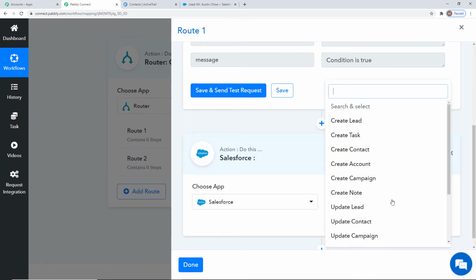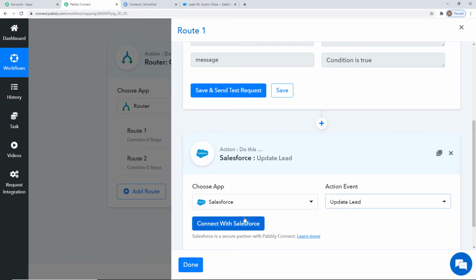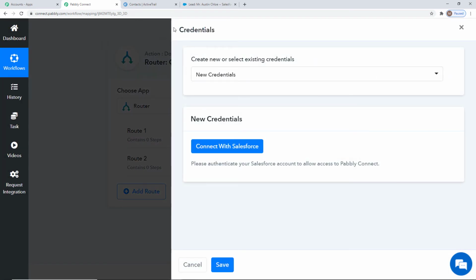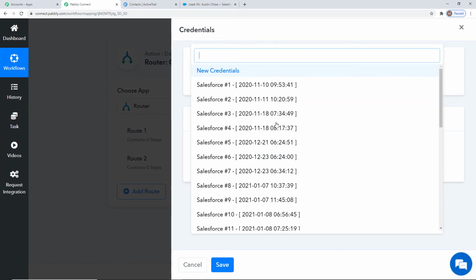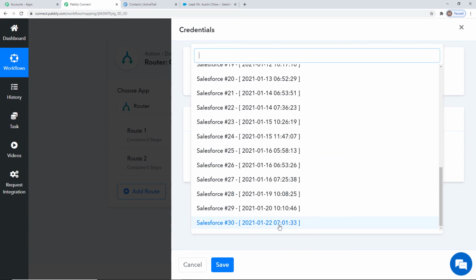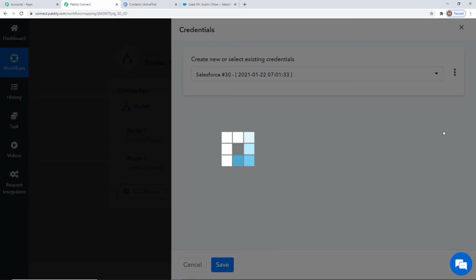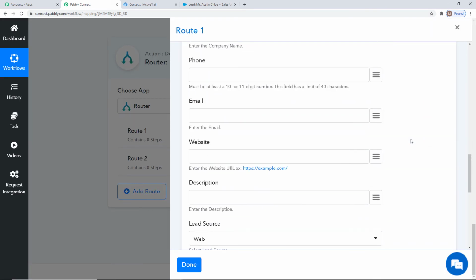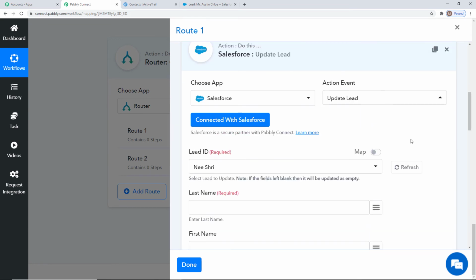And in action event, according to our workflow, whenever a contact is updated in ActiveTrail, we want to update the lead in Salesforce. That is why update lead will be our action event over here. Connect with Salesforce. Okay, so here again credentials. So I'll just map the last credential that we use, that is here. Save. Okay, so we have some fields over here and we have to fill the information according to our API